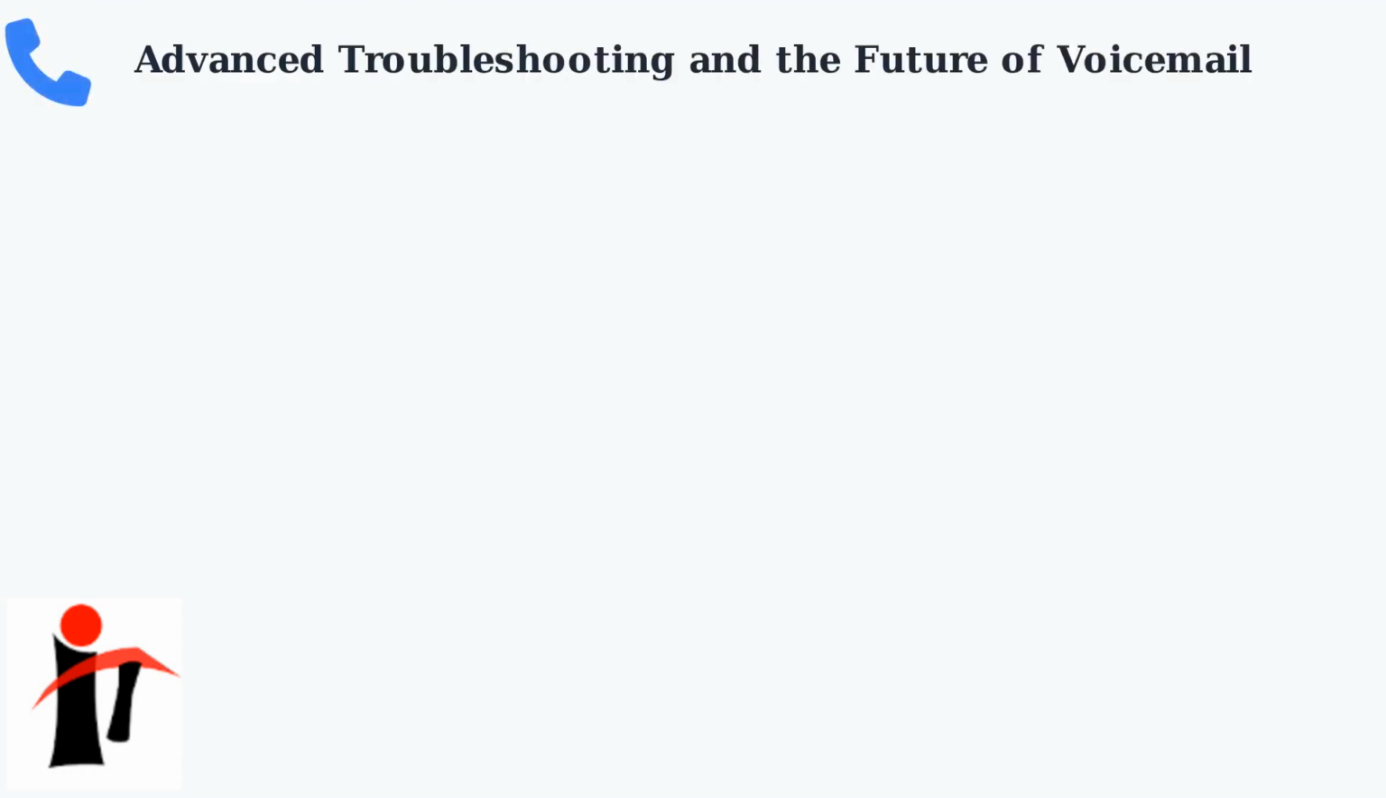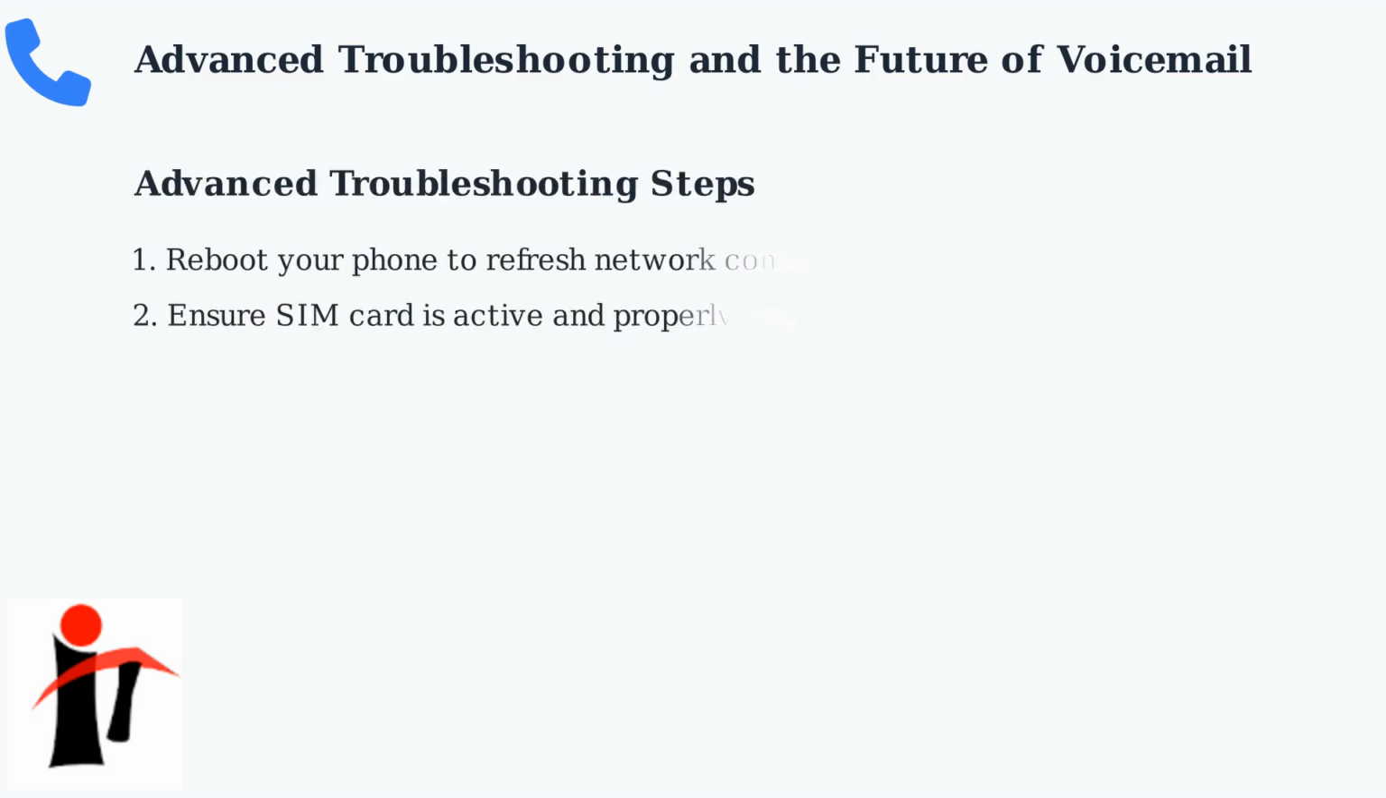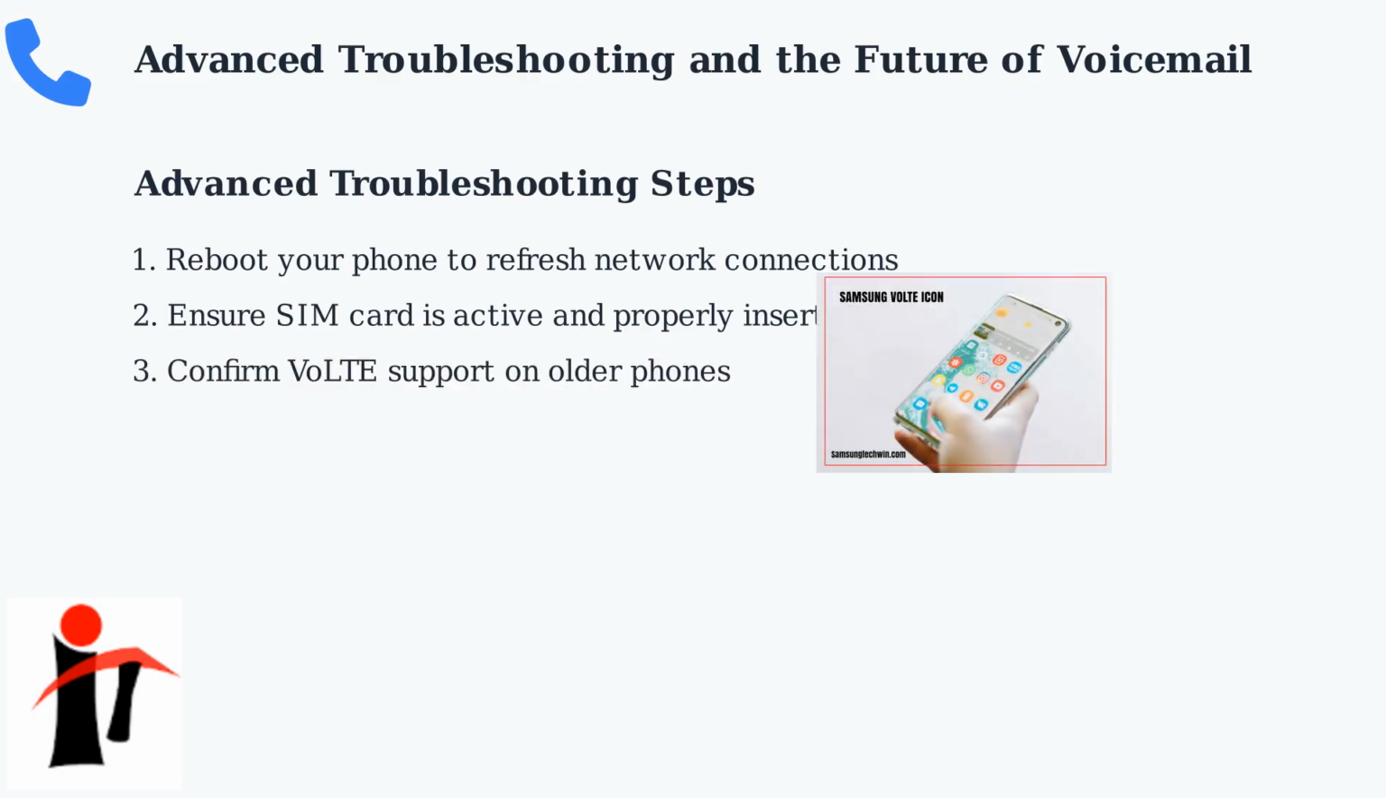If basic troubleshooting doesn't resolve your voicemail issues, here are some advanced steps to try. First, reboot your phone to refresh all network connections and clear any temporary glitches. Next, ensure your SIM card is active and properly inserted, as a loose or faulty SIM can prevent voicemail diverts from working correctly. For older phones, confirm they support the latest network settings, especially VoLTE for better call quality and